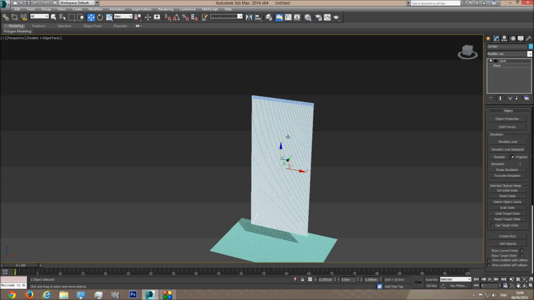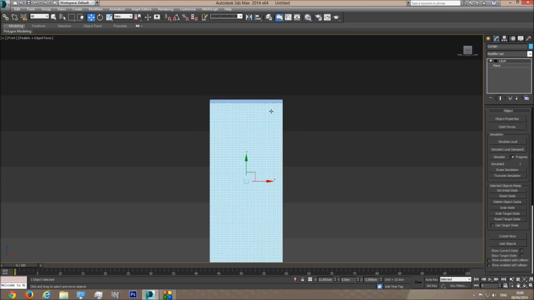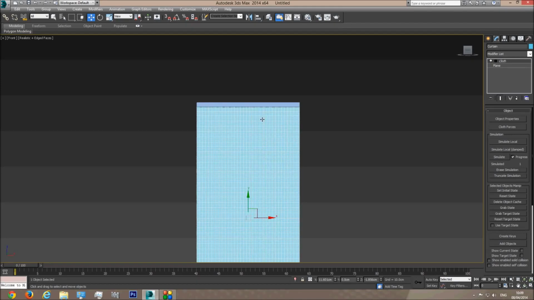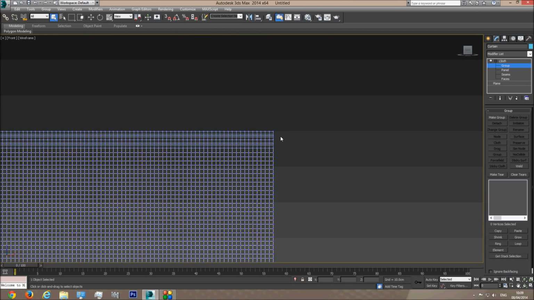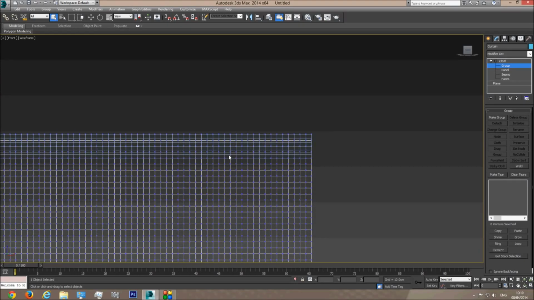Next thing I'm going to do is go to the front viewport and attach this cloth to this helper. How I do this is by clicking on the cloth once so it selects groups, and I'm going to select the segments that I want this helper to affect. I'm going to select 4 rows